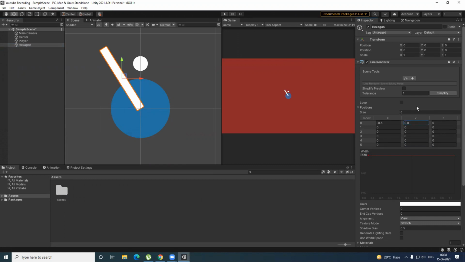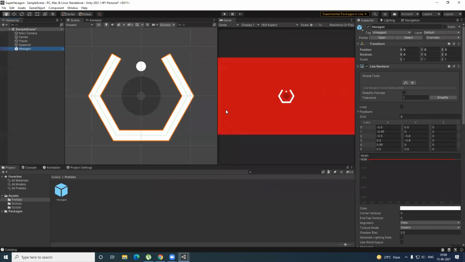So you can see this is the very first point, which is negative 0.5 and 0.8, right? If I have to point it out, let's say this point, x is 0.5 minus, and y is 0.8 plus, right? And this is obviously the center, so x is 0 and y is also 0. Cool. So this is how a line is getting formed in between.